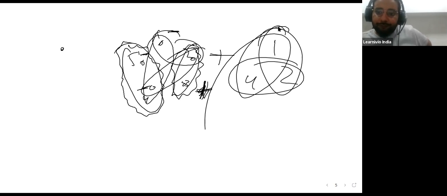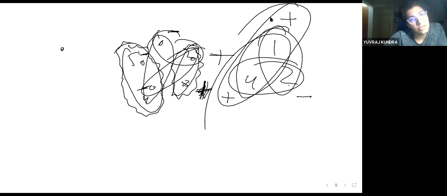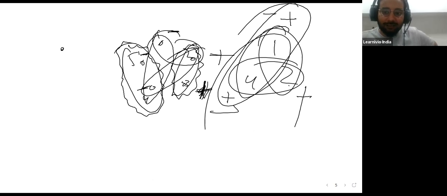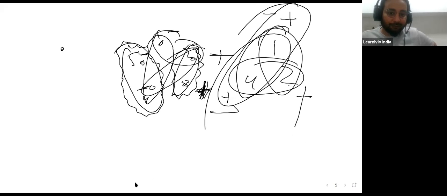So let's say the first one is plus. So that means the second one has to be a minus. That means the third one has to be a plus. But they cannot be the same. They have to be opposite. We can take it the other way around. If this is minus, this has to be plus, this has to be minus. This is also not possible because you'll have both minus. This question is wrong.